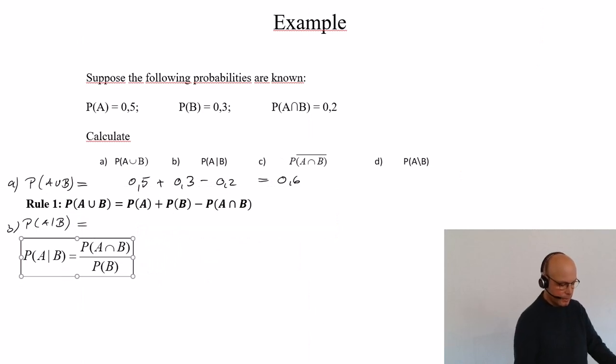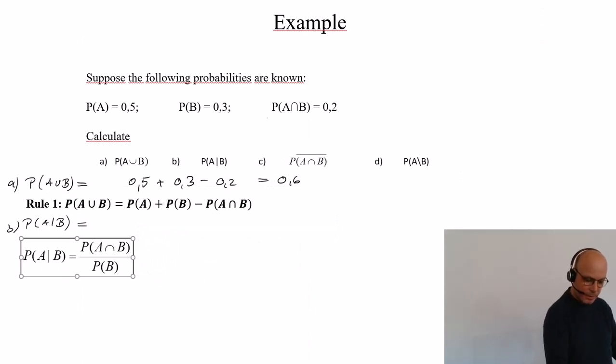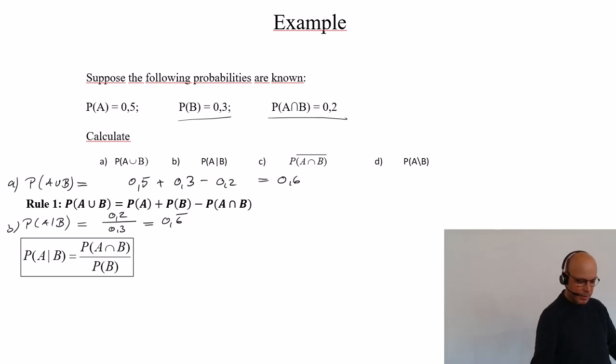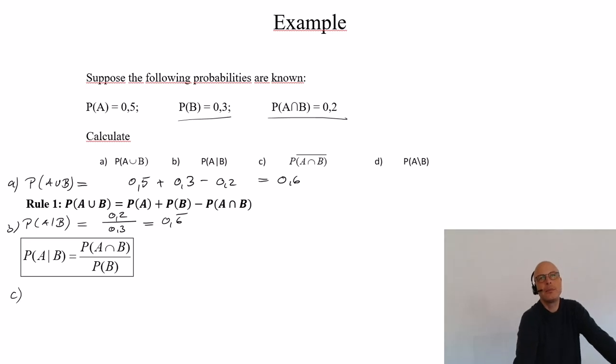And we obtain A and B is 0.2 and probability of B is 0.3, so 0.6. And C, now it is maybe a little bit more interesting